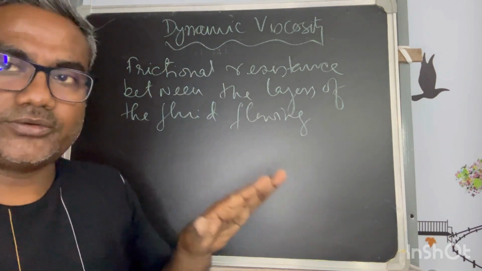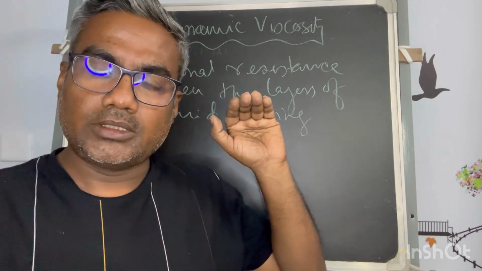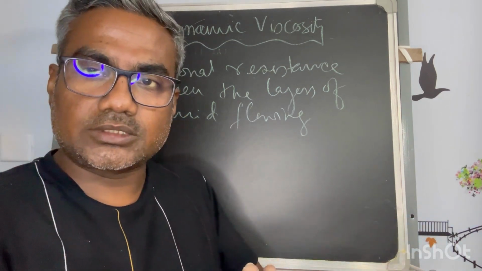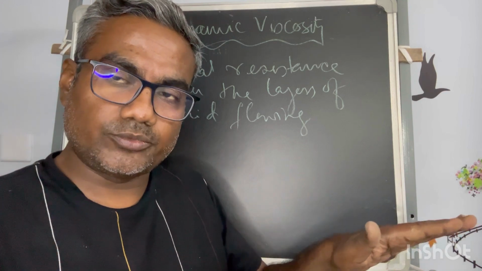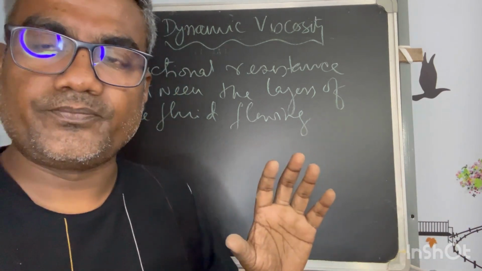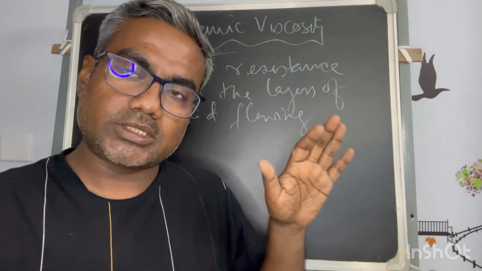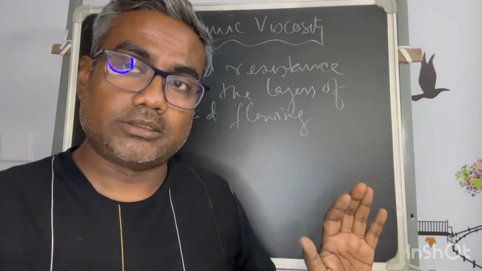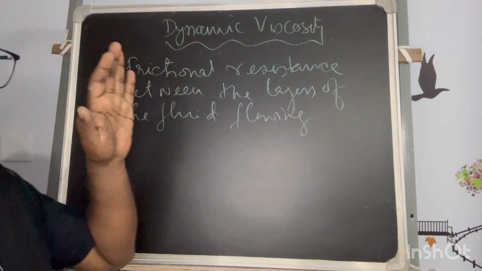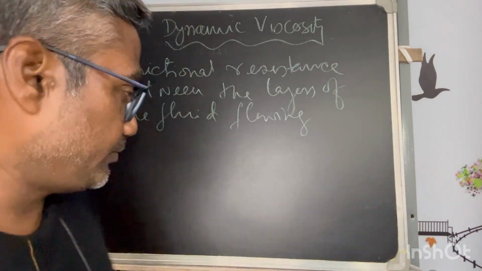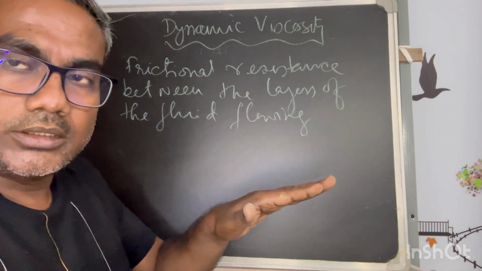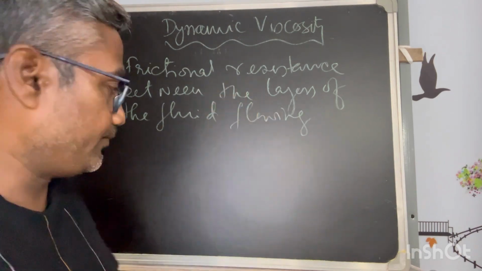Here in case of liquid, if it is moving on a solid surface, or the fluid is moving on each other, it will get some resistance to flow. That in the earlier ideal case we have not considered. So as we are talking about viscosity, there must be some resistance acting between the layers of the same fluid, or the fluid and the solid surface on which it is flowing. So